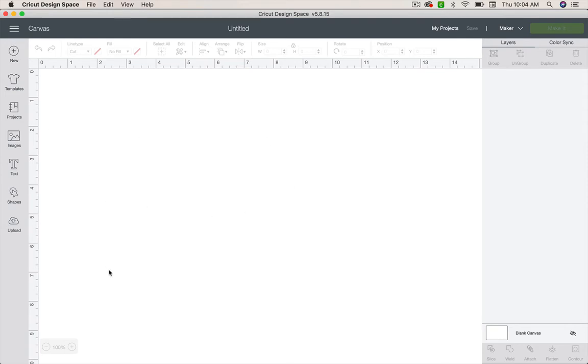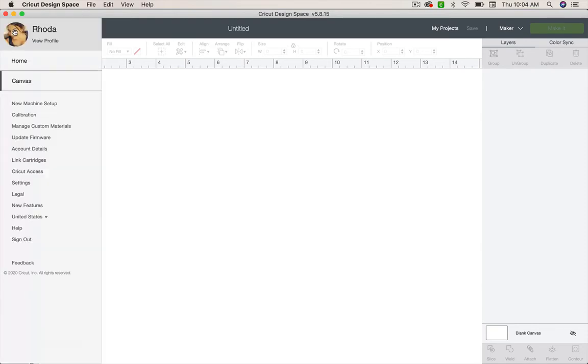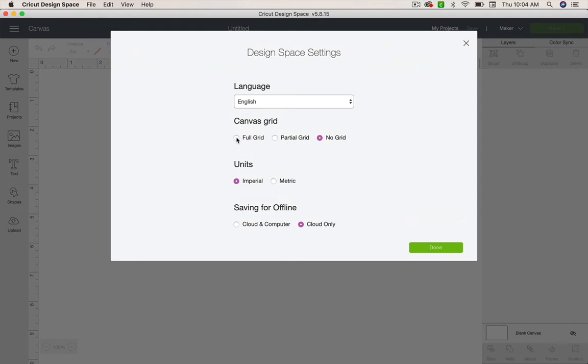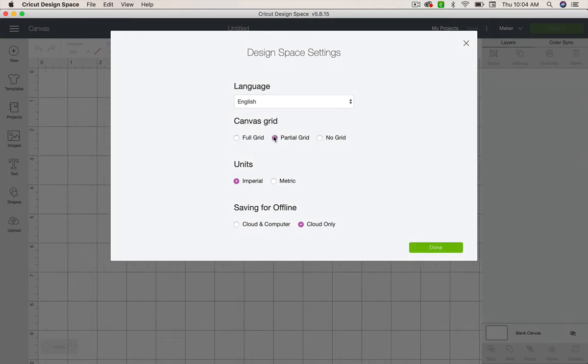If I were here in the canvas and I had a bunch of stuff going on already, I could click New and start a whole new project. You'll notice I don't have grid lines on my canvas. You might. So up here in this 3-bar toggle or the hamburger menu, you're going to click on that and you're going to go down to settings, and then you have the option to change to full grid, partial grid,